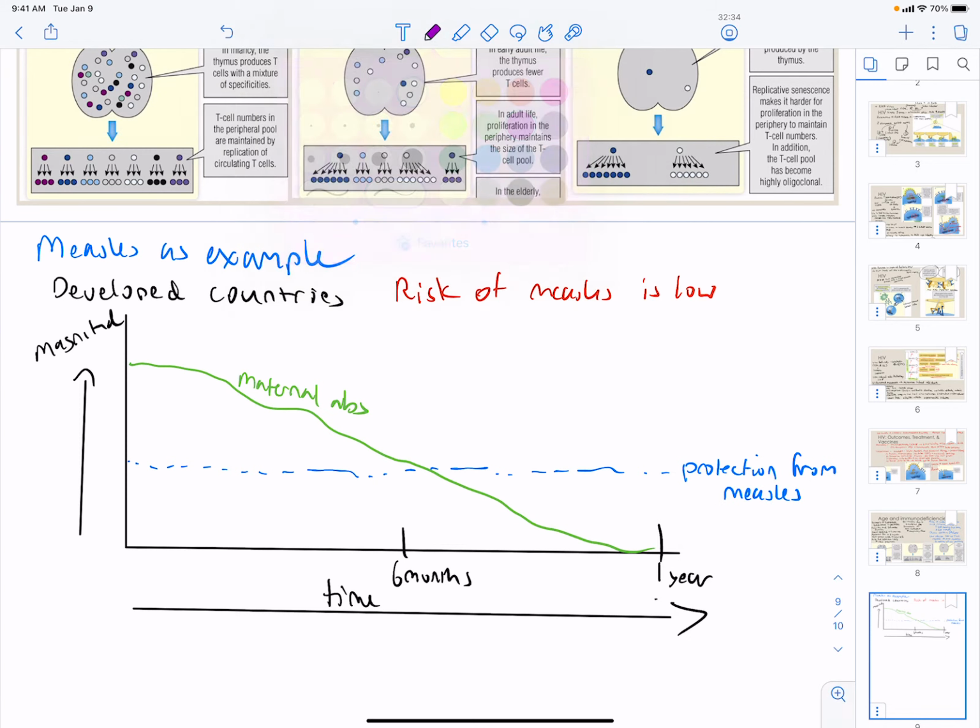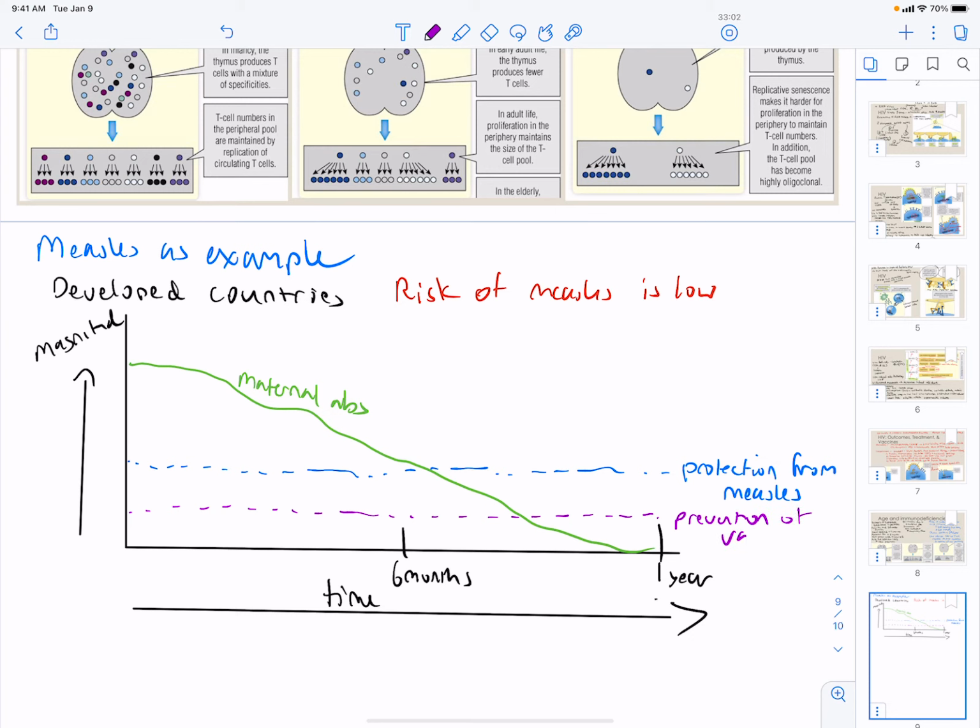And then we're going to have another threshold, which is clearance, well, actually, I'll call it prevention, maybe that'd be easier. Prevention